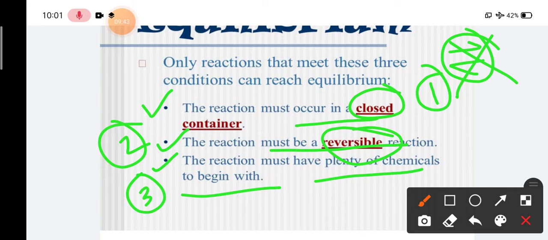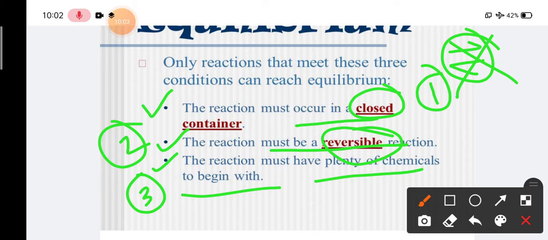If the reactants amount is less, then it cannot proceed further. Okay, so to attain equilibrium for any reaction, there are three conditions. Number one, the reaction must occur in a closed container; number two, the reaction must be a reversible reaction; and number three, the reaction